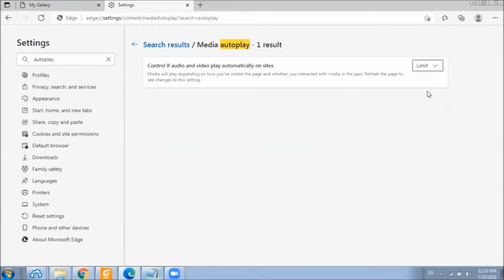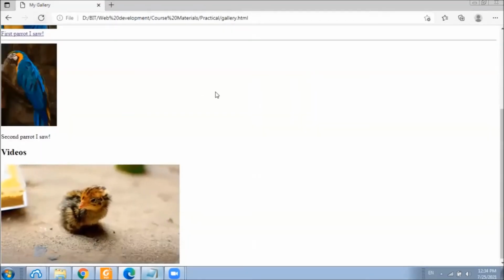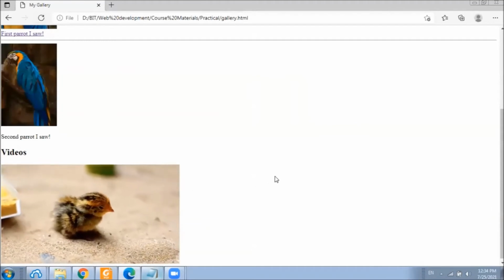If you limit it, it will not play automatically as intended. But for this demonstration, we will keep it allowed. And when we refresh it, it plays automatically.